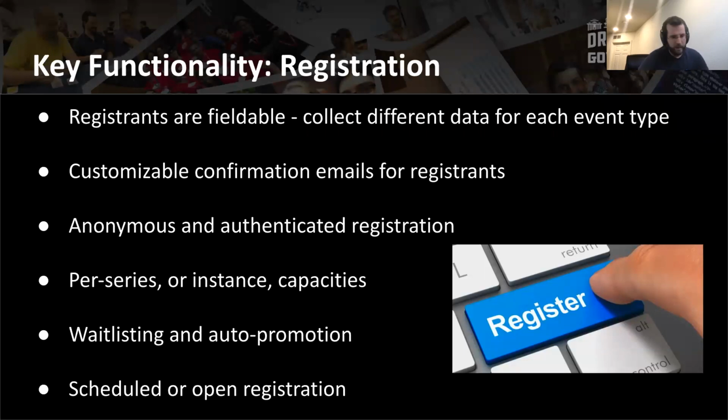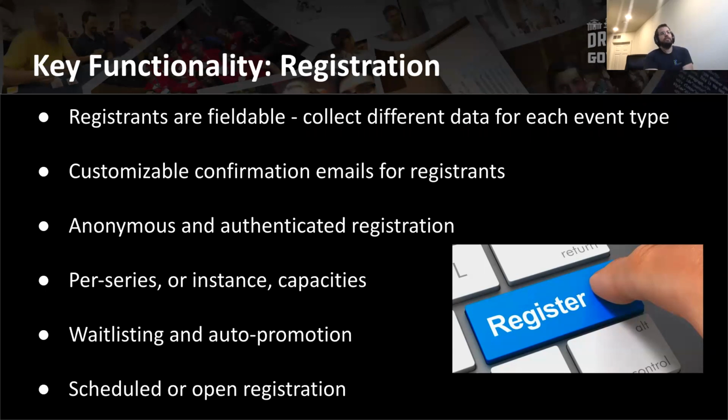Out of the box, the registrant comes with 4 fields, 3 of which can be removed and 1 of which is fixed. The 3 which can be removed are the first name, last name, and telephone number. And the one which cannot be removed at this time but could be hidden is the email field.